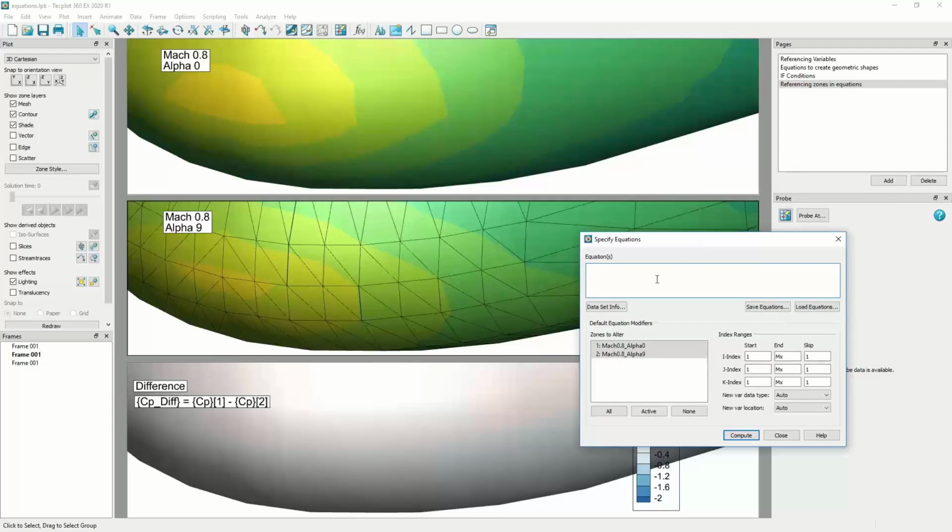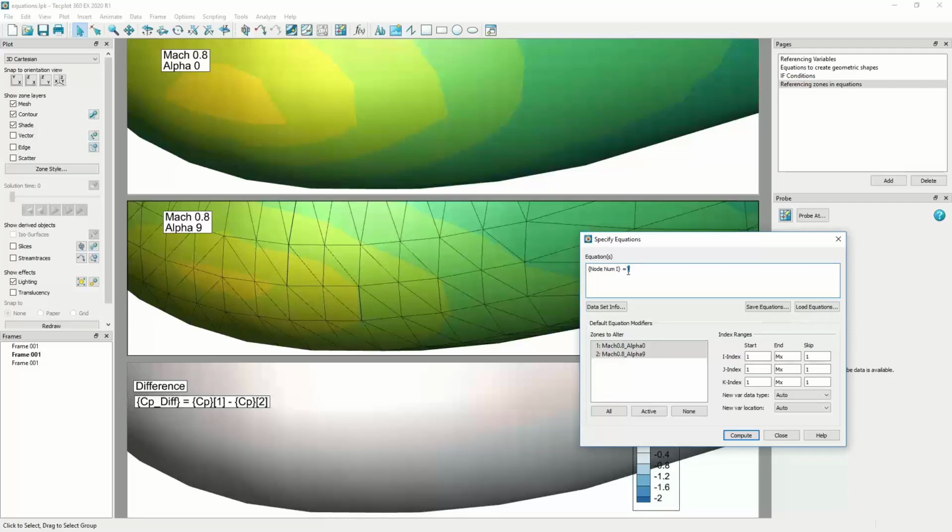So I've shown how to use the X, Y, and Z and U, V, W letter codes to reference the axis variables and the vector variables assigned in our dataset. Another letter code we can use is to point to the node or element number in our dataset. So for this, what I want to do is define a new node num. I'll call it node num I, and that's because all I need to do to compute this is point to